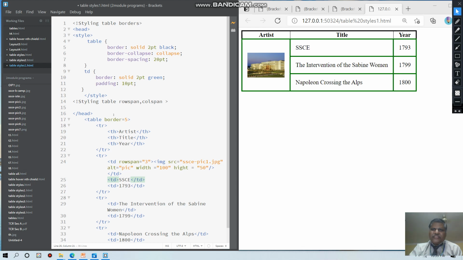The picture was placed in this particular box because of this rowspan of 3. If I am going to take out this particular format, okay,